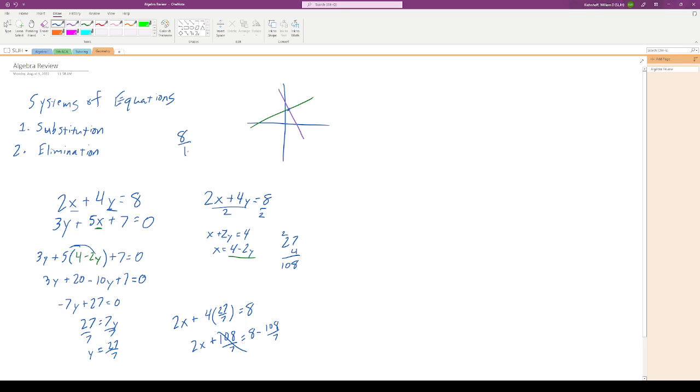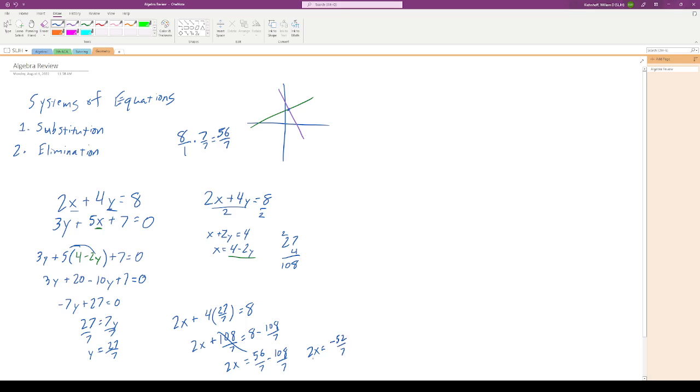So we take 8 over 1 and multiply by 7 over 7, and that becomes 56 over 7. So I have 2x equals 56 over 7 minus 108 over 7. So that's 2x equals 56 minus 108, which is negative 52